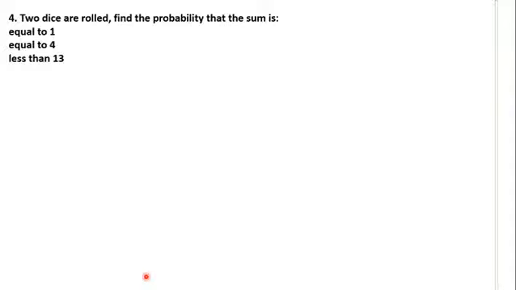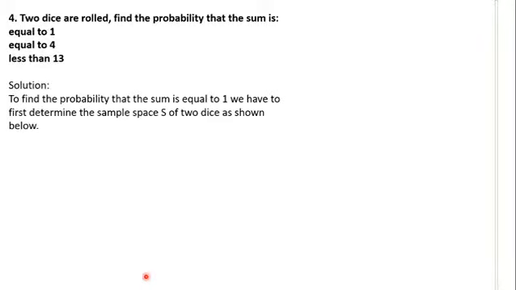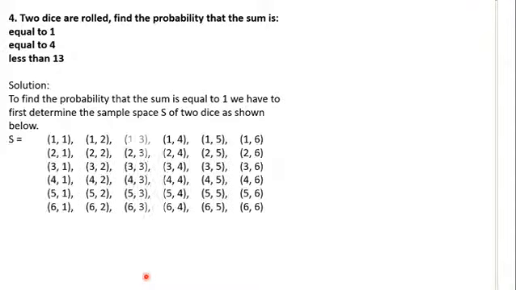Now, if you want to find the probability that the sum will be equal to 1, first you need the sample space. If you roll 2 dice at the same time, then the first die might come up as 1 and the second one come up as 1. So you have 1 and 1. And then, of course, the first can come as 1 and the second comes as 2. Or the first can be 1 and the second is 3. Or the first can be 1 and the second is 4. And down like that until we go through all the possibilities, until we get to 6 and 6 right here.